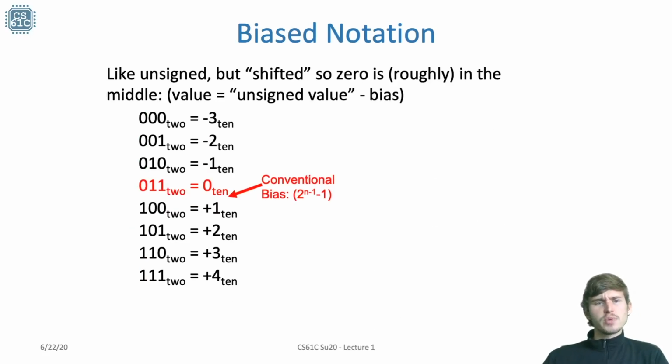So another representation we have is bias notation. The basic idea here is we will take a range of bits, treat it as an unsigned value, and then add some bias to this. Do note that you'll see different documentation. Sometimes you add the bias, sometimes you subtract the bias, and sometimes the bias is positive or negative. You basically need to read on whatever the source is to see if they're adding it or subtracting the bias.